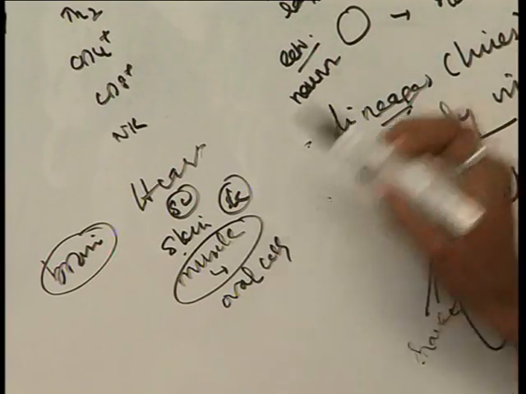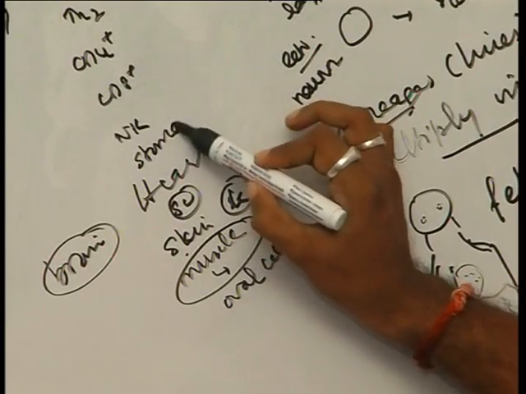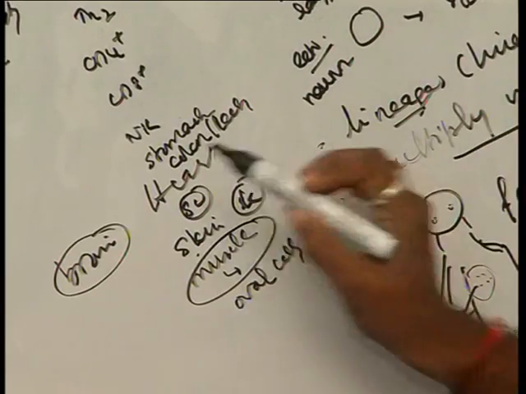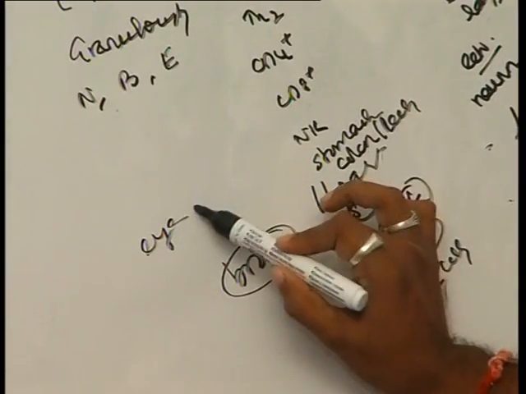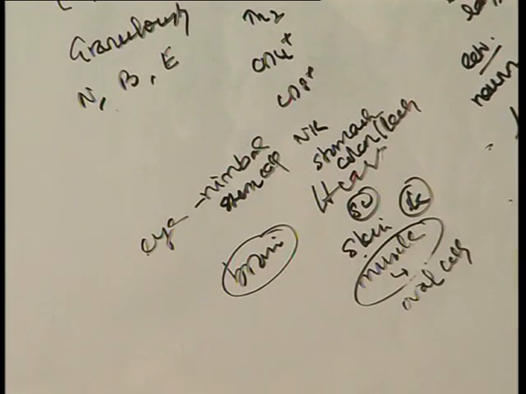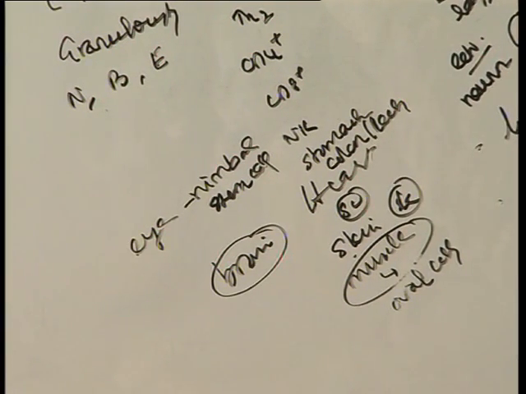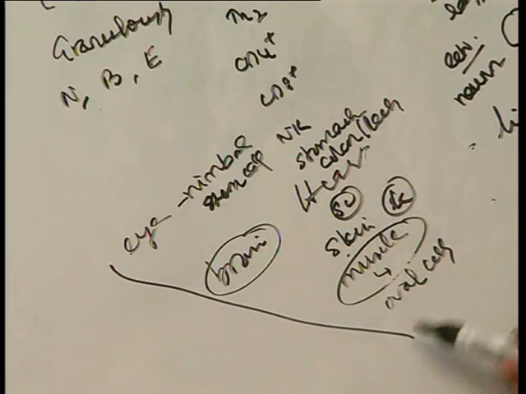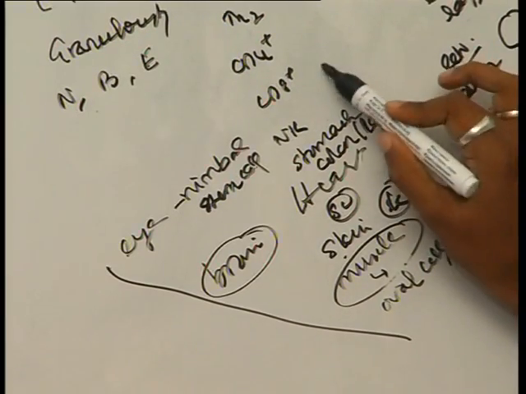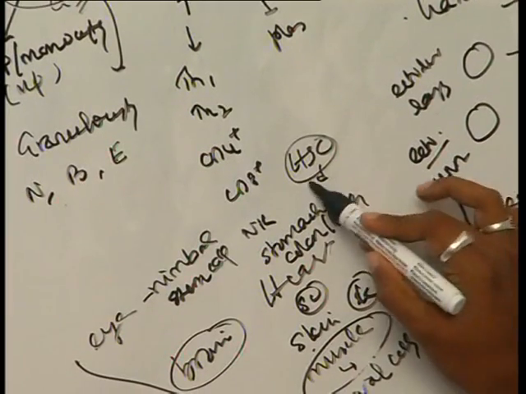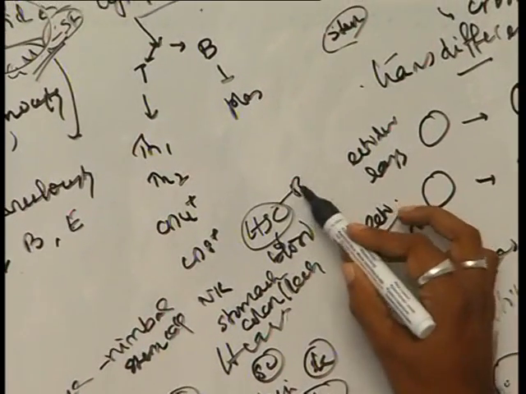And also you have stomach, colon, rectum, any organ you can take. For example, the eye has limbal stem cells. In the limbal region, you have limbal stem cells. So every organ of our body harbors a few stem cells which are required for the whole life of an individual. Hematopoietic stem cells, of course, you know very well, are useful for the formation of blood, and are present in the bone marrow.